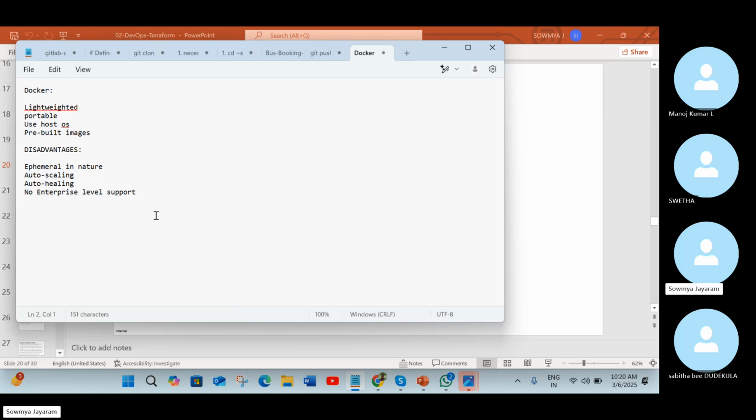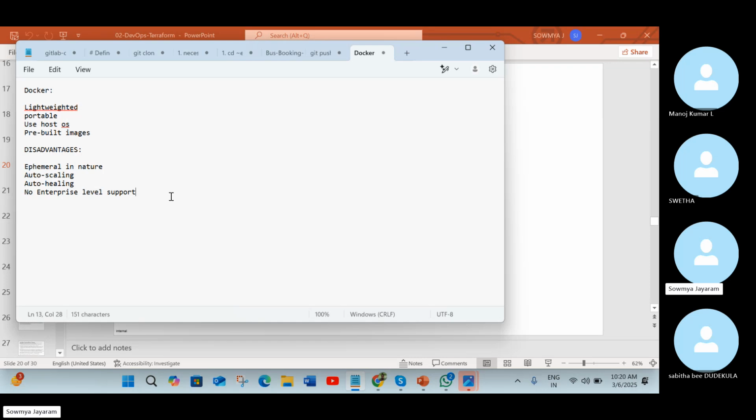So in that case, if something happens to it, it cannot auto heal. There is no feature of Docker that we can assure it can be auto healed. Second, if there is any demand, it will not auto scale. If we have created one container, it will remain as one only. So how can we use this in a real production team? We can't. It can kill anytime, and it has no auto scaling or auto healing. These are very important disadvantages that Docker has.